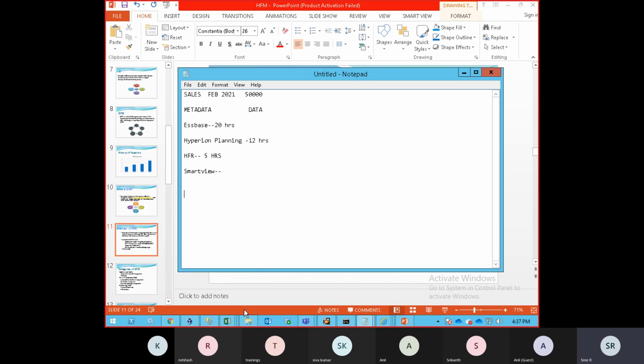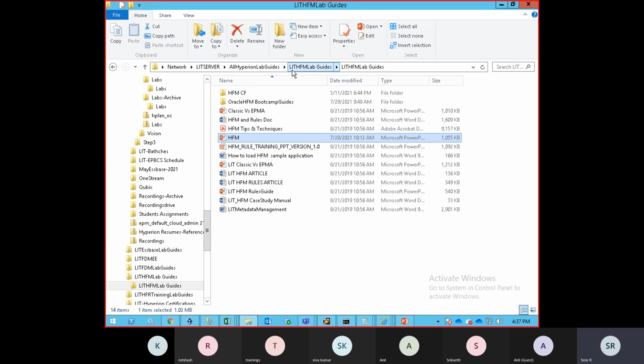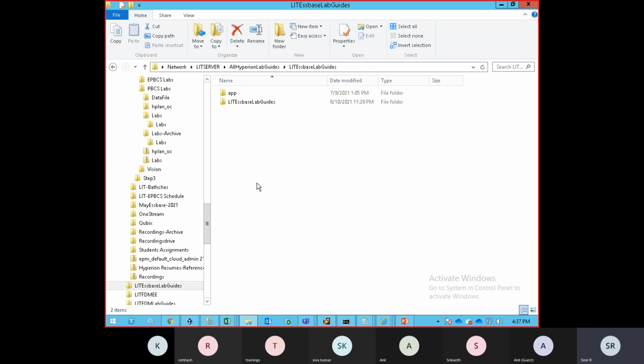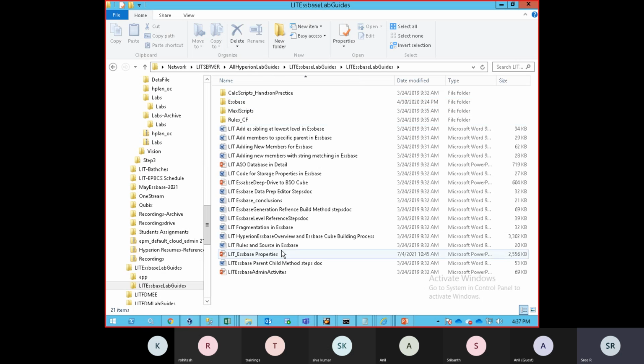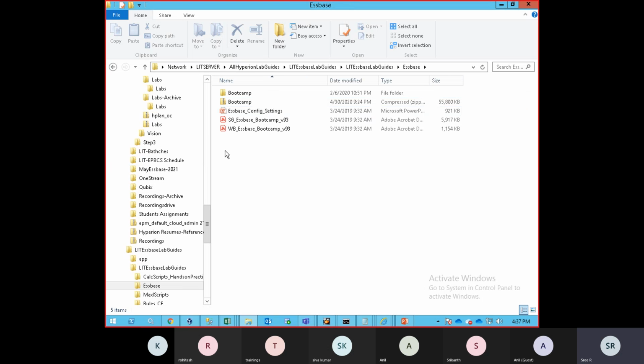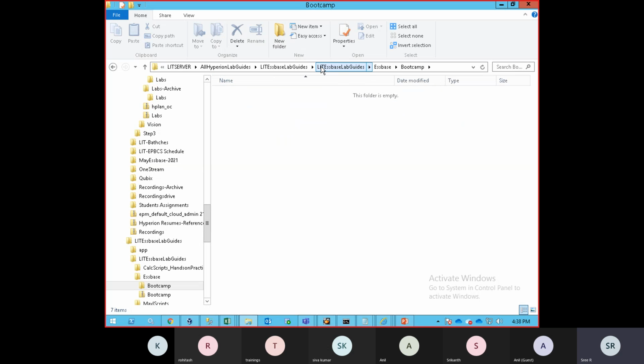Along with that, during the training you're going to have all the Essbase guides, lab guides for your practice purpose. Okay, and some bootcamp guides, in the sense that if you're not familiar with the steps I'm following, you can use this guide for the step-by-step procedure. If I give you work, you can use these books for navigation purposes.